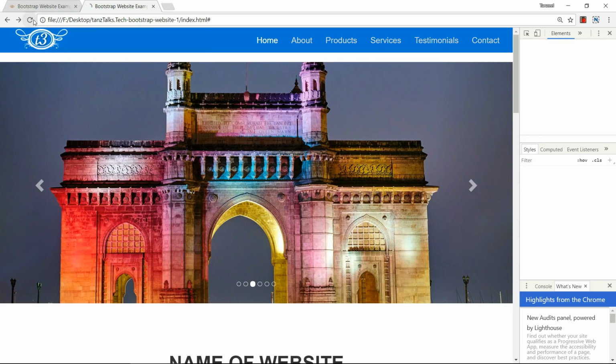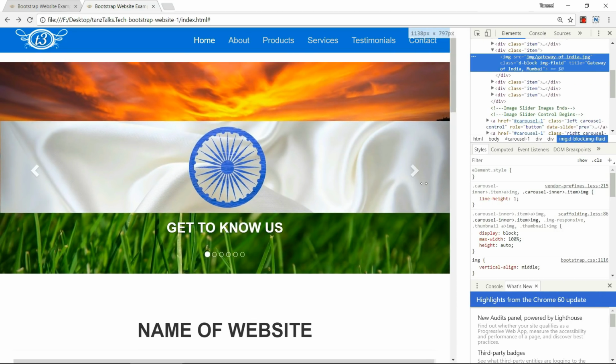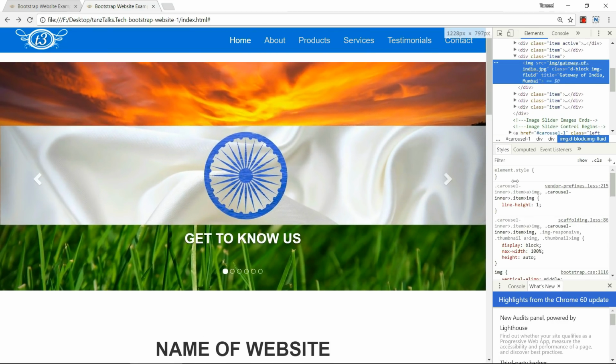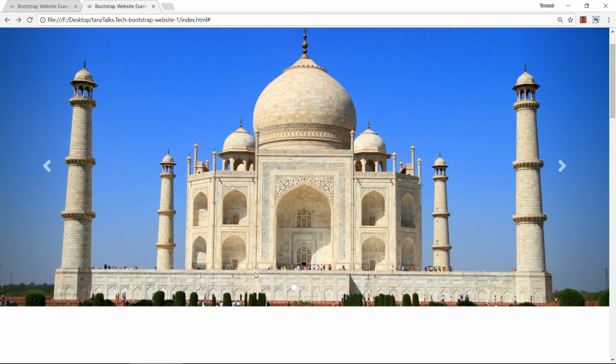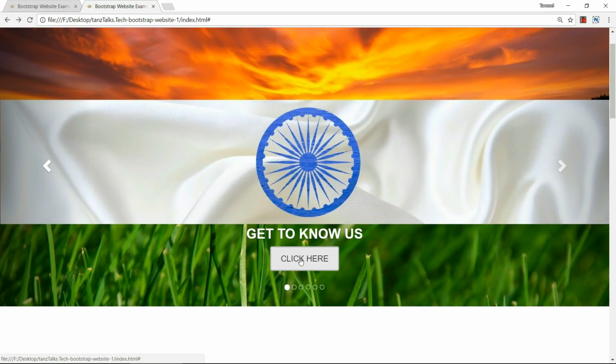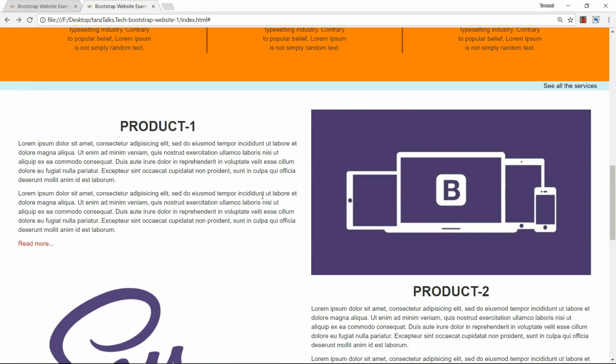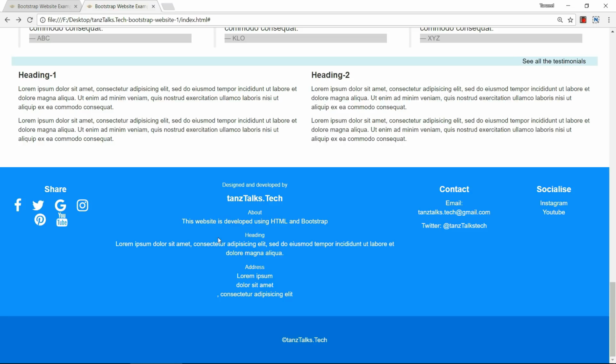Save this. Now let's see. Yeah, button is not there now. So what we have done is that below 1300 pixels of display we do not want the button to be displayed, and above 1300 pixels the button will be displayed there.